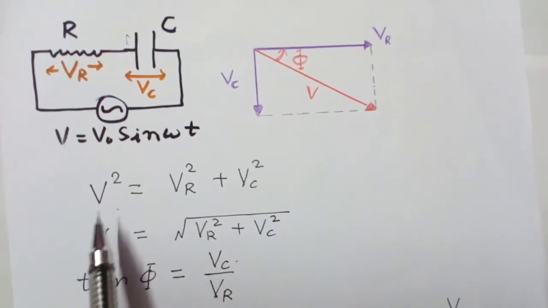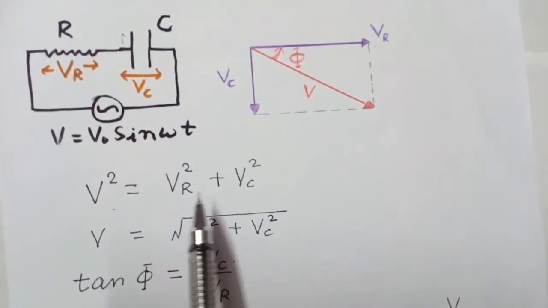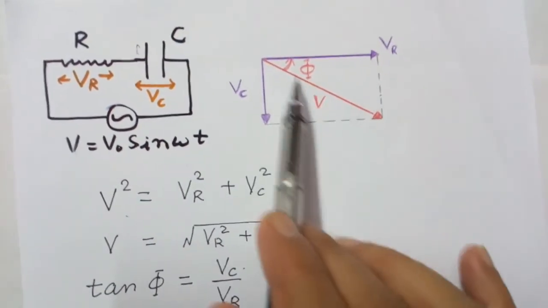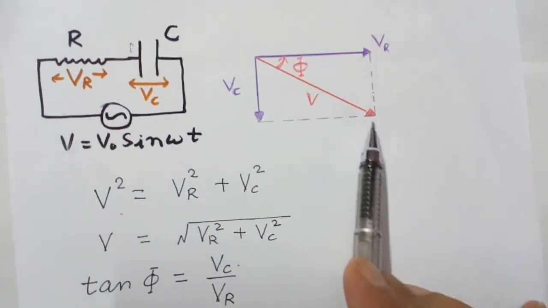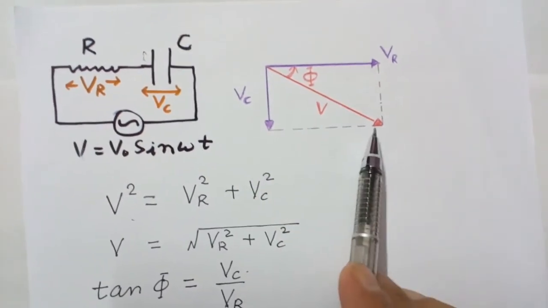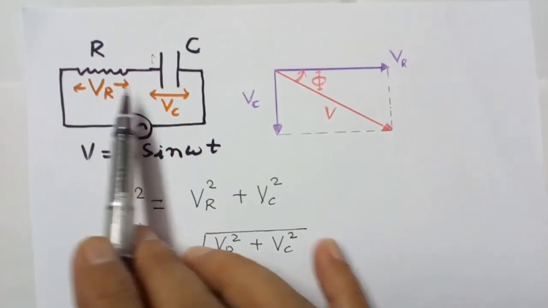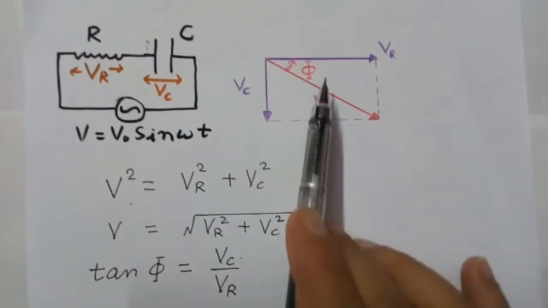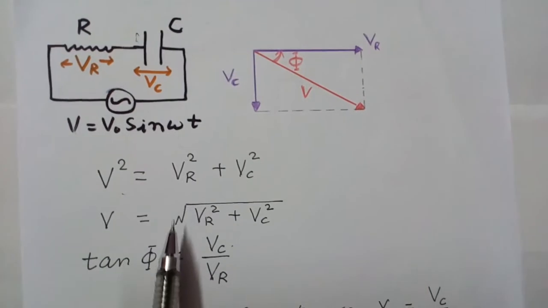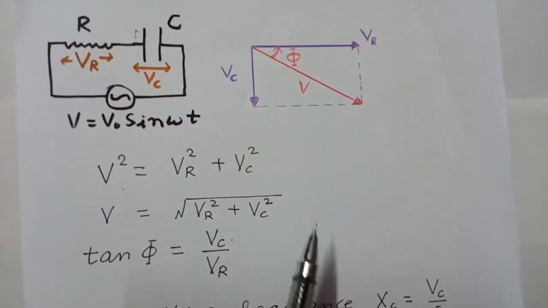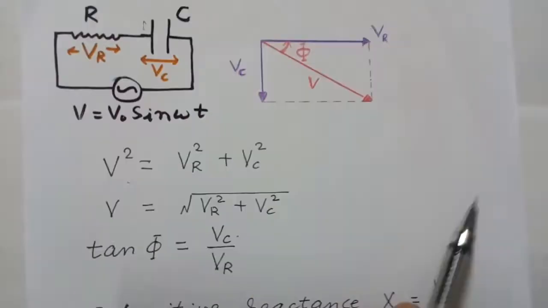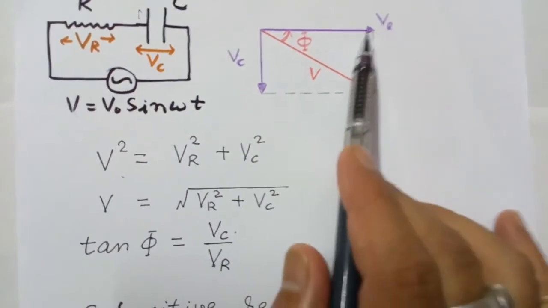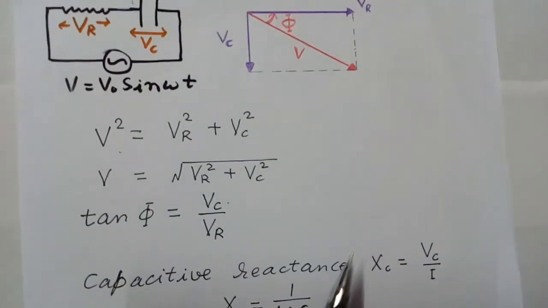So resultant voltage across R and C, V is not equal to VR plus VC, but V is given by this formula, V square is equal to VR square plus VC square. See from this diagram, complete this parallelogram. So this is resultant voltage, equivalent voltage. If voltage across capacitor is VC and voltage across resistance is VR, then this V is equal to under root VR square plus VC square. Now phase difference between voltage and current, this is clear from here, tan phi is equal to VC upon VR.